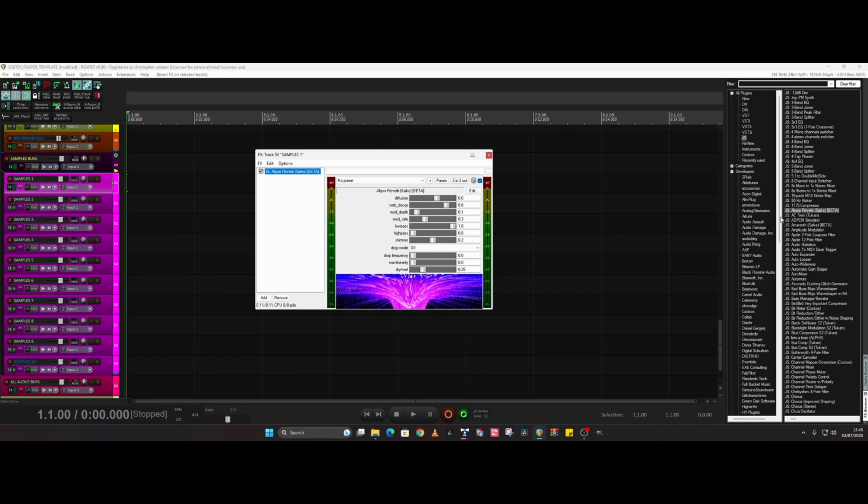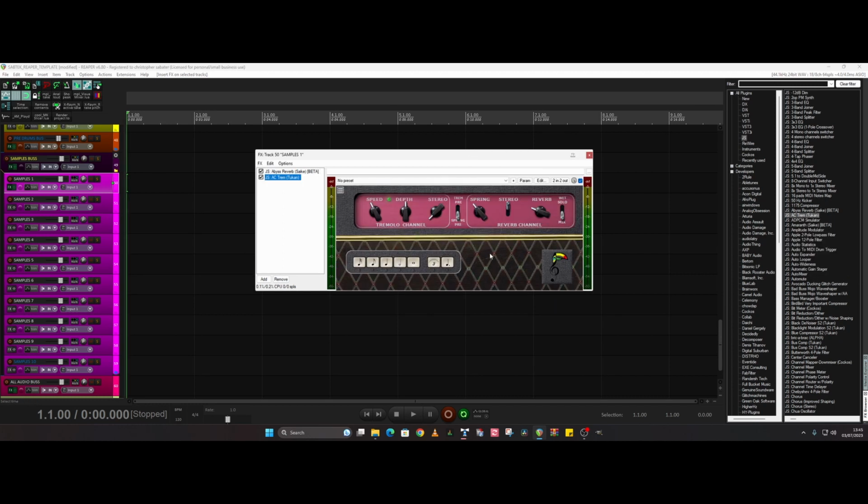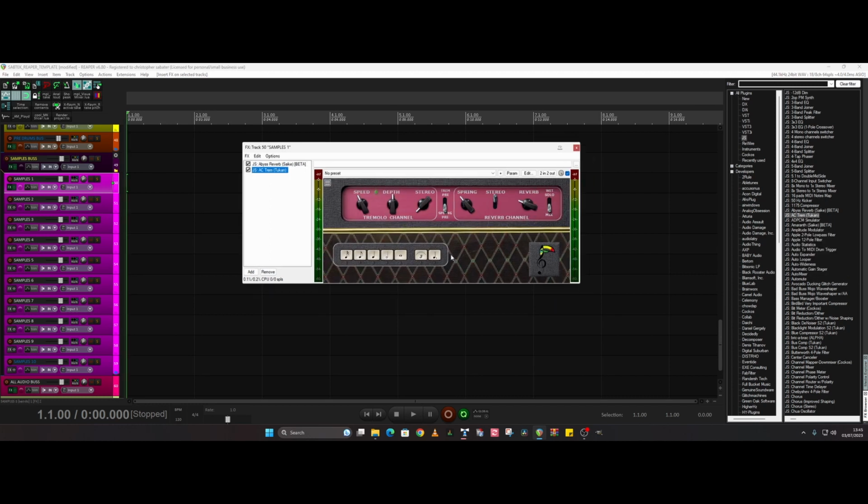Let's look at another developer here, Toucan, who I've already mentioned in a previous video. I've covered one of his plugins in my plugin of the day series. This is a tremolo and looks a bit like a Vox amp. This one looks a bit more fancy, but believe me, JS plugins are great, especially if you are starting out